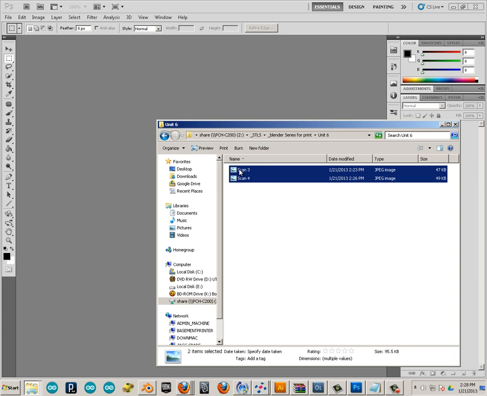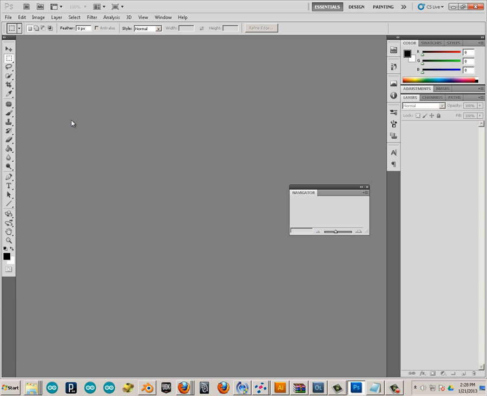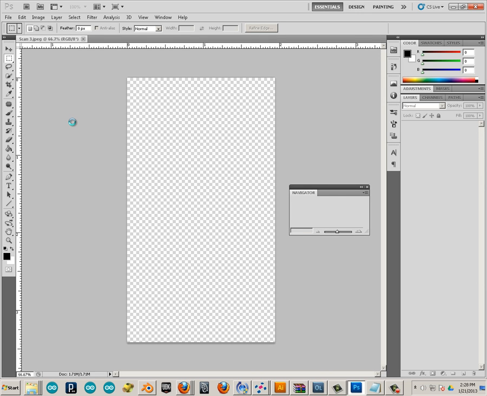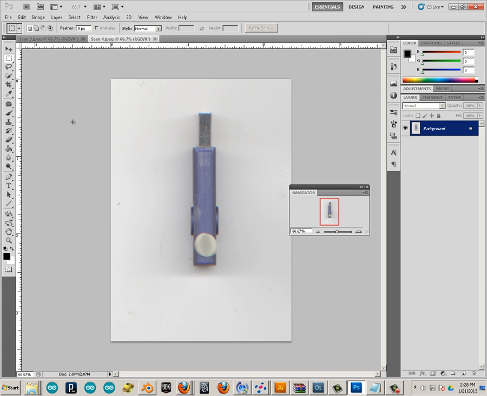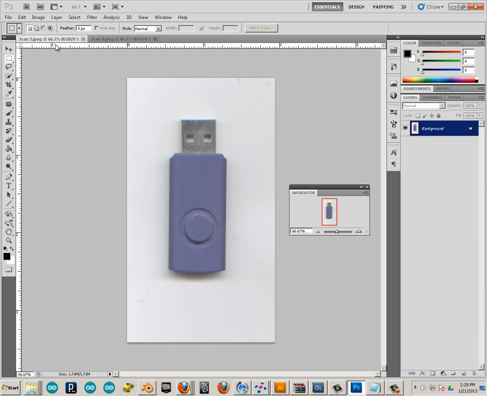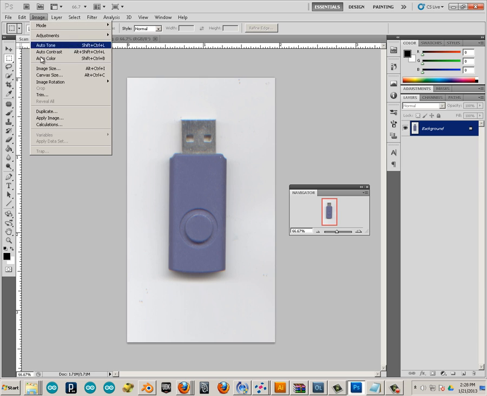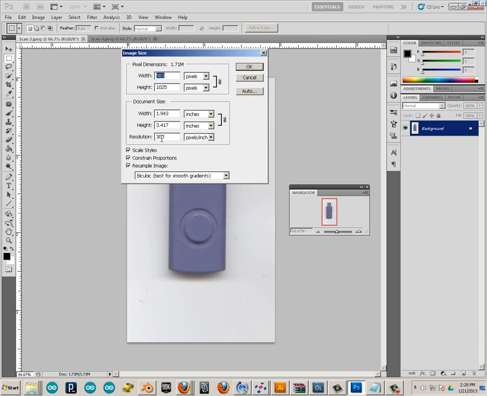But what I'm looking for is how to make something in 3D that interacts with something that we already have. In this case, look for something small, something insignificant. I lost the top to this USB. I scanned it using a scanner. The scanner was set to 300 resolution. It doesn't really matter about the resolution, it's just the fact that it's nice and clean, crisp, and easy to